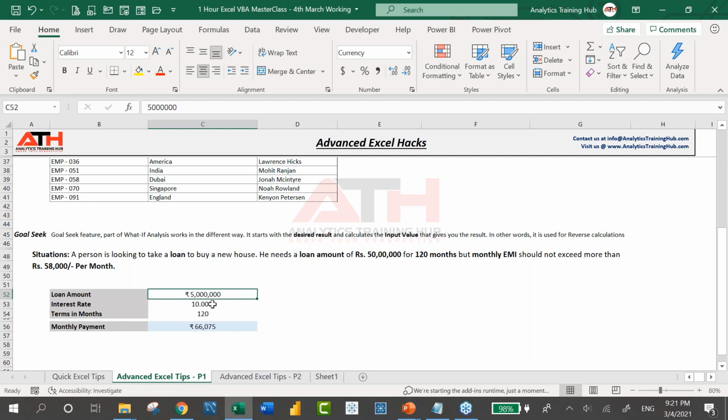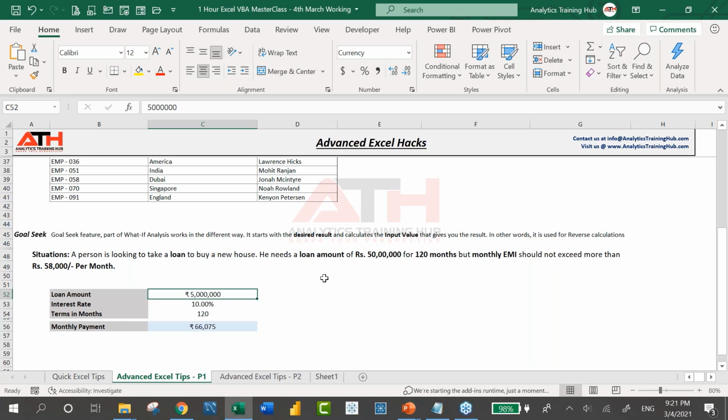Say a person is looking to take a home loan to buy a new house. He requires a loan amount of 50 lakh rupees for 120 months, that is 10 years. But his monthly EMI budget is only 58,000. That's the maximum he can afford.